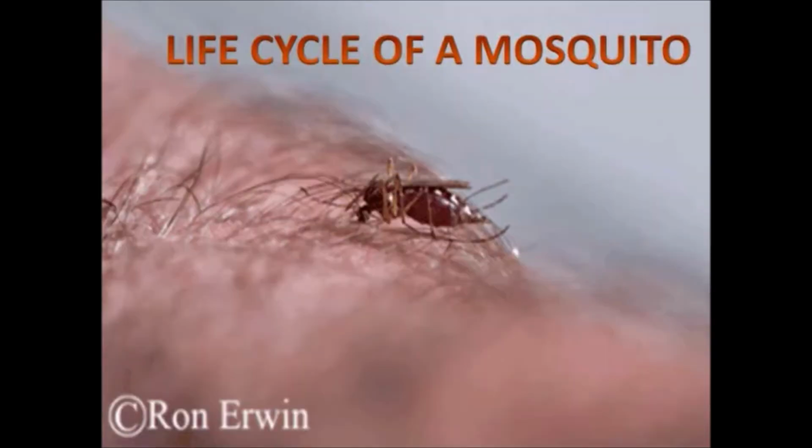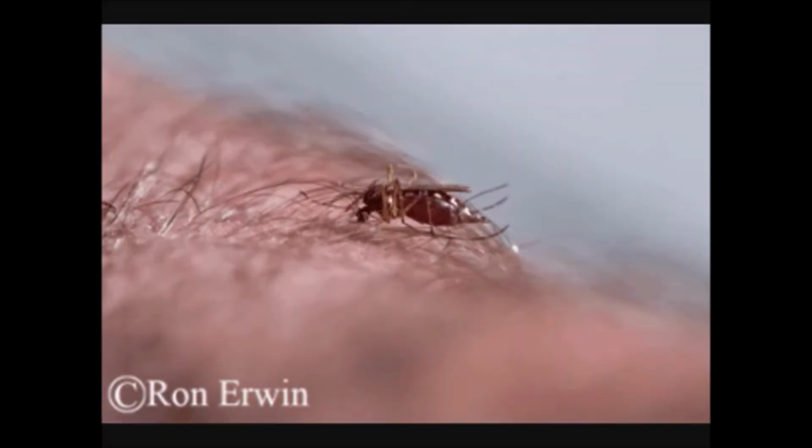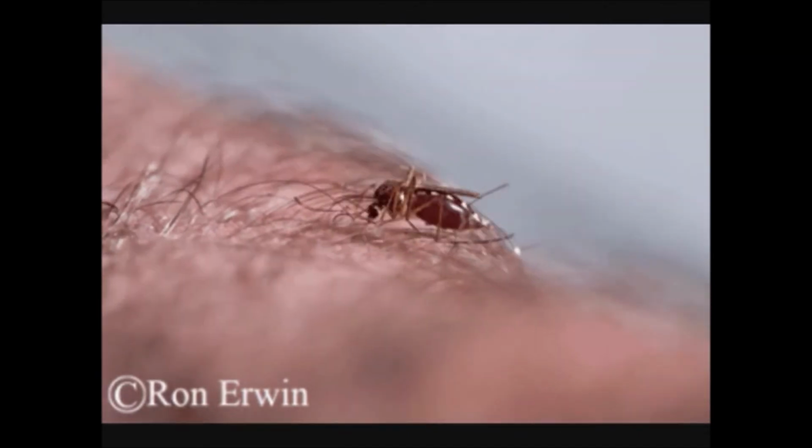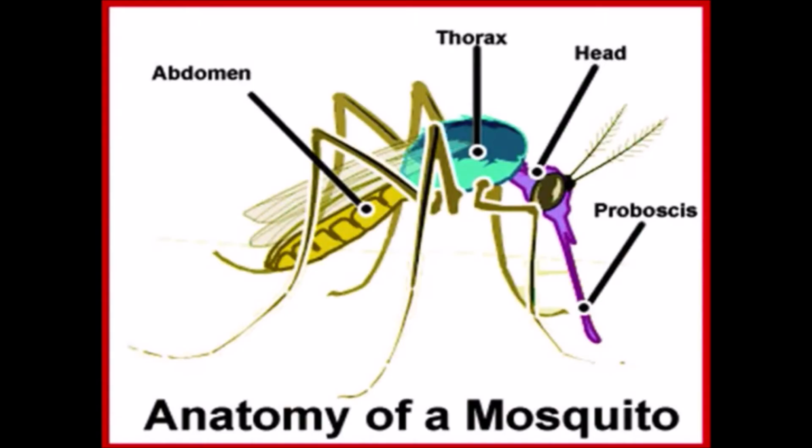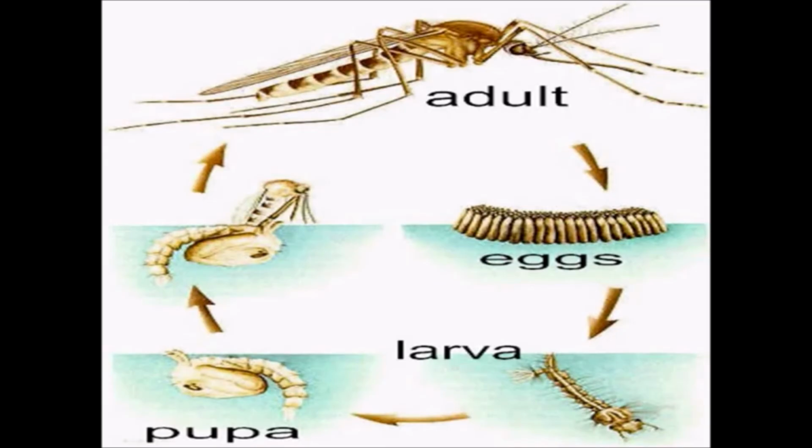Life cycle of a mosquito. Anatomy of a mosquito. Just see the anatomy of a mosquito first. Abdomen, thorax, head and proboscis they have. Even in the life cycle of a mosquito, you have the same 4 stages: egg stage, larva stage, pupa stage and then